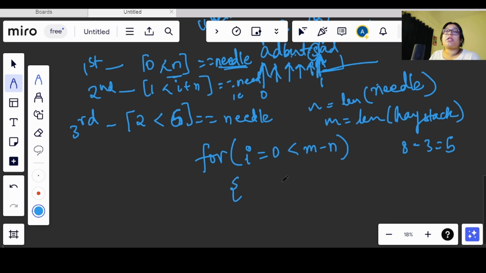Now in this what we have to do, let's see. First I will check the substring that I have. Now what is this substring, let's get the substring here only.